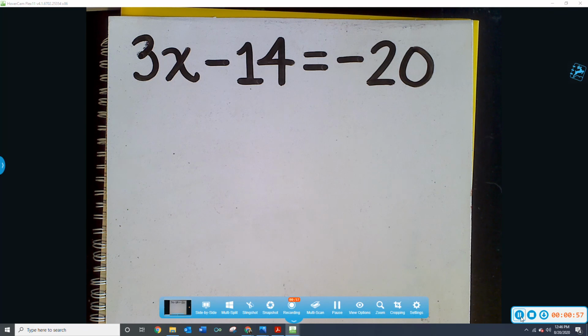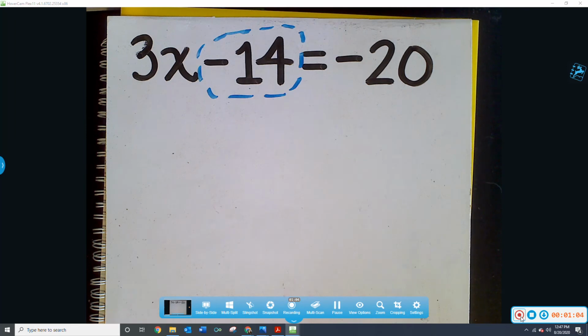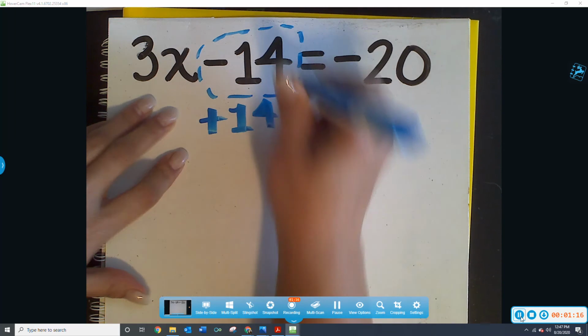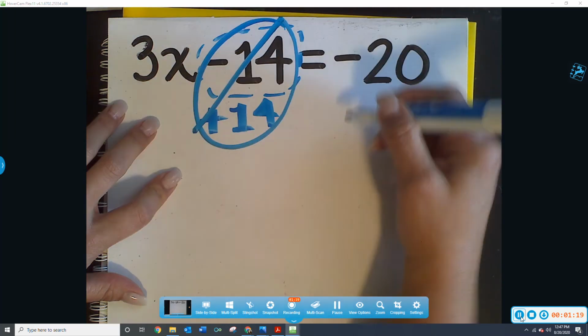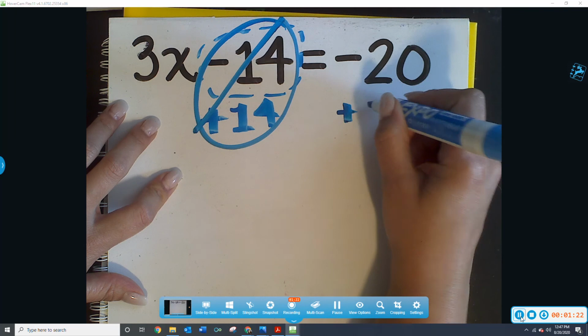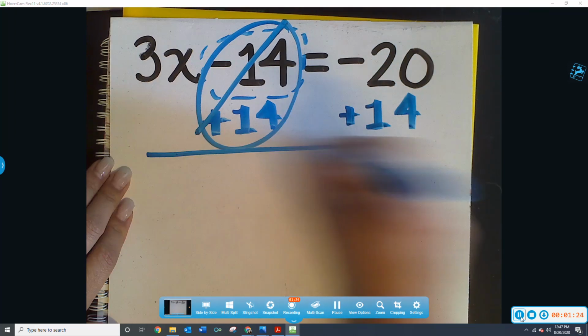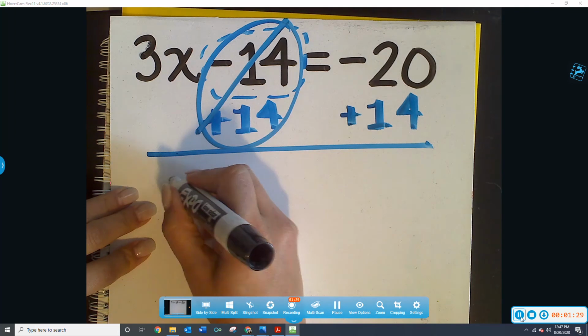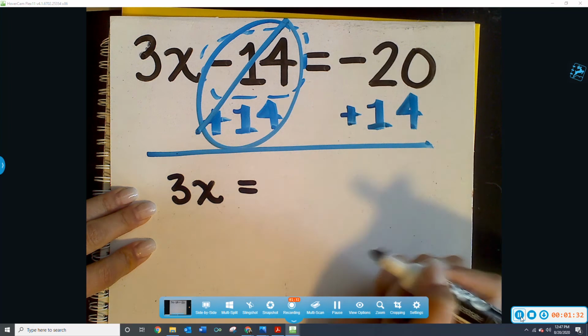So first and foremost, I want to remove my constant, which is my negative 14. Now, my negative 14, we want to eliminate it from the left side, so we're going to use its inverse operation of addition, and that makes a big fat 0. Whatever you do to one side, don't forget to do it to the other. Now that we've eliminated the negative 14, we're left with simply 3x is equal to,